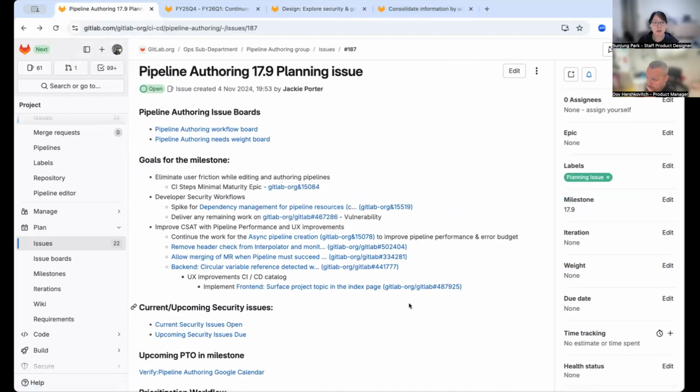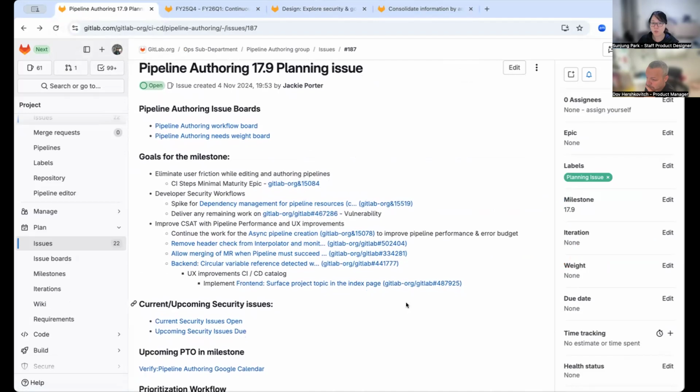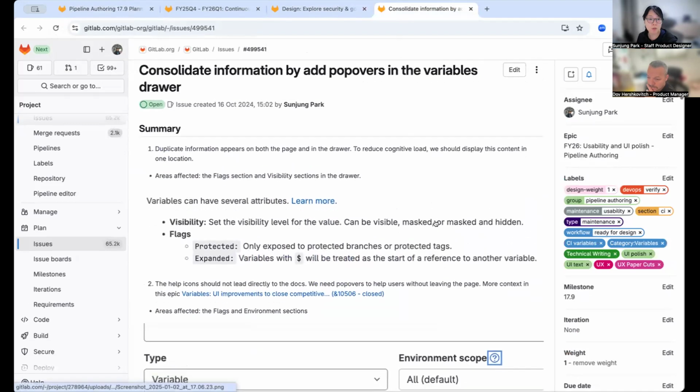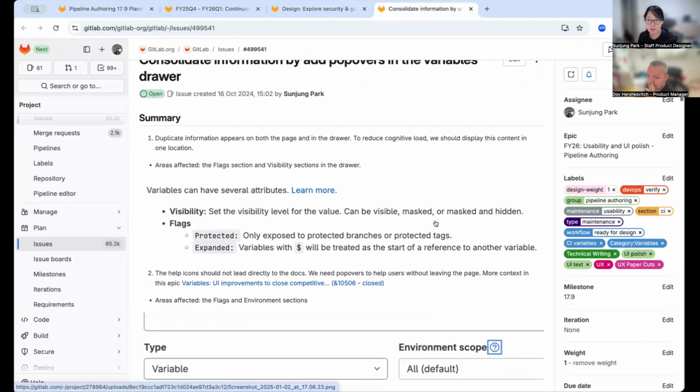Lastly, there are a couple of small UX improvements planned, relevant to using project topics in the catalog. There's a plan that we also allow users to filter the CI/CD catalog by topic. That is planned in 17.9 as well. Another small issue, for the variable, is to make things clear.